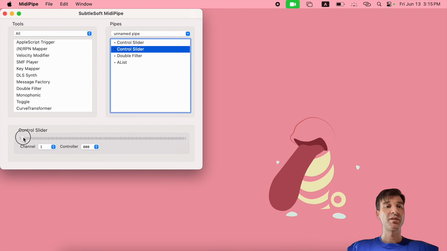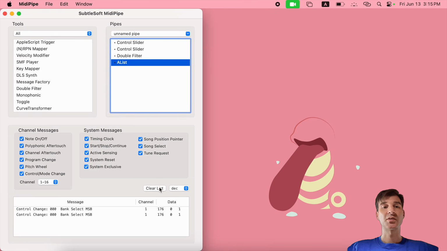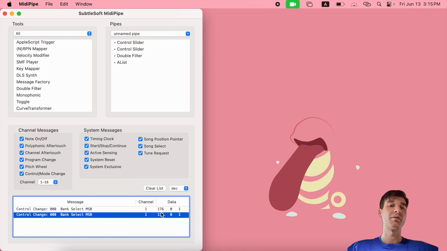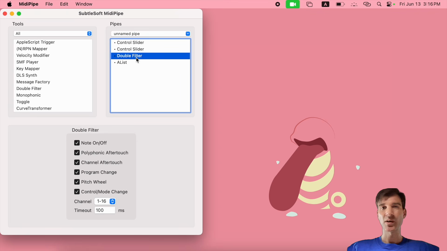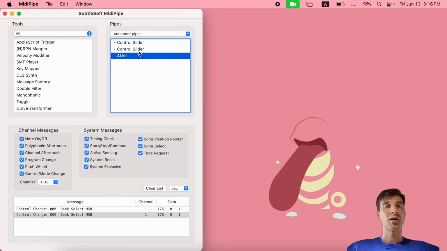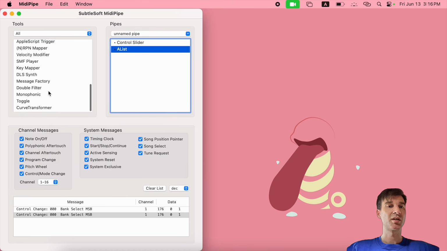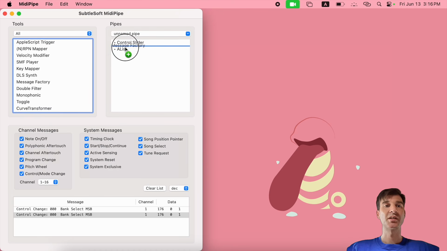Let me move the slider. I guess 1/10 of a second has passed already, so I can safely move the second one. And as you can see, both make it through the double filter. So that was the double filter, very useful tool. I'm going to keep one of my sliders here because it's going to be useful to demonstrate how the message